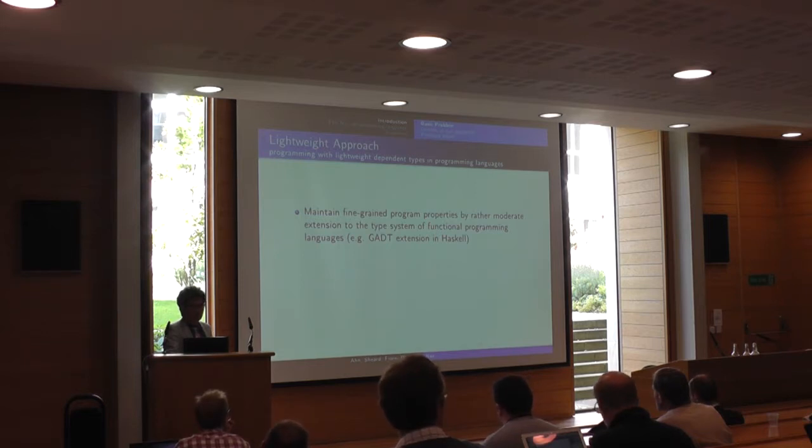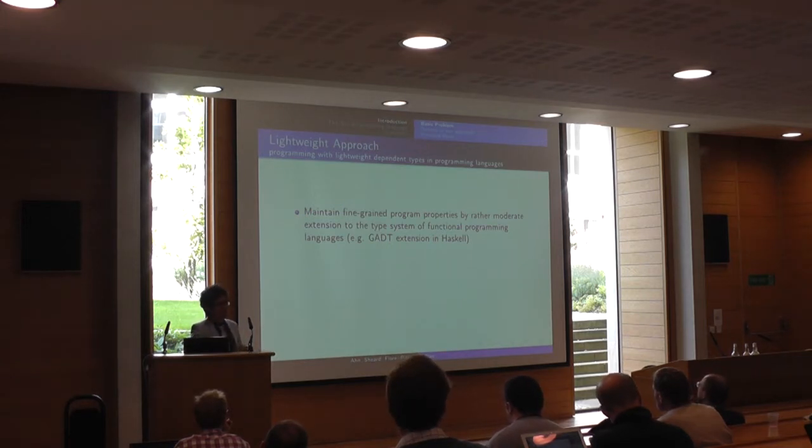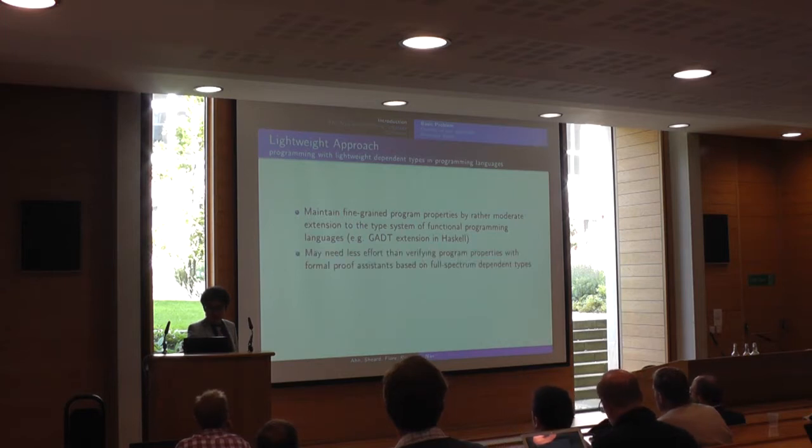The motivation is that when we have rich enough types, we can express and maintain fine-grained program properties, from simple things like the length of lists to pretty complicated things like type-preserving compilers. And the most loved way of doing it was the GADT extension in Haskell. So the expectation is that you may need less effort verifying certain kinds of